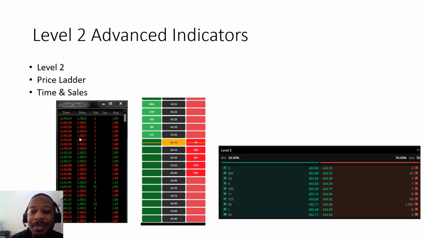And the time and sales tape is kind of the same thing as the price ladder. It shows you the actual orders getting executed. Now, why do I need the price ladder and the time and sales tape when you have level 2 showing you the different orders that are coming through and getting filled? Because a lot of traders also will use this to see, oh, this is a level of support and resistance. There's